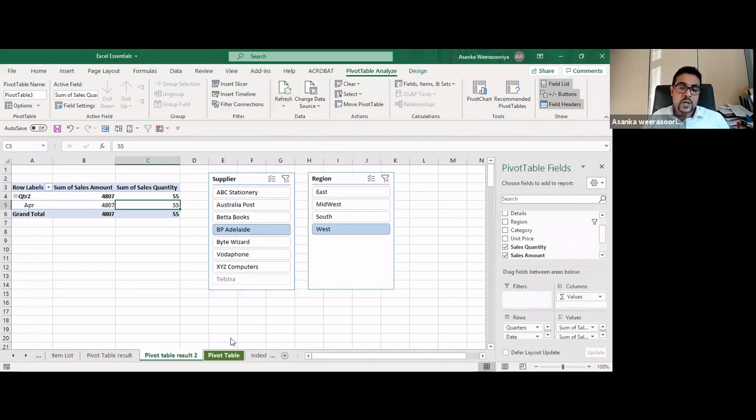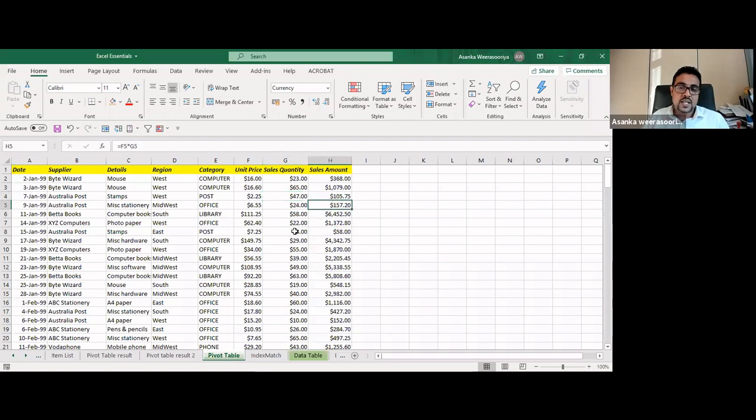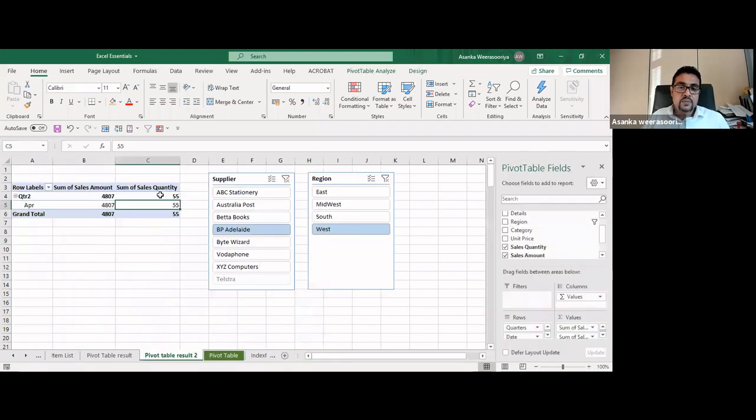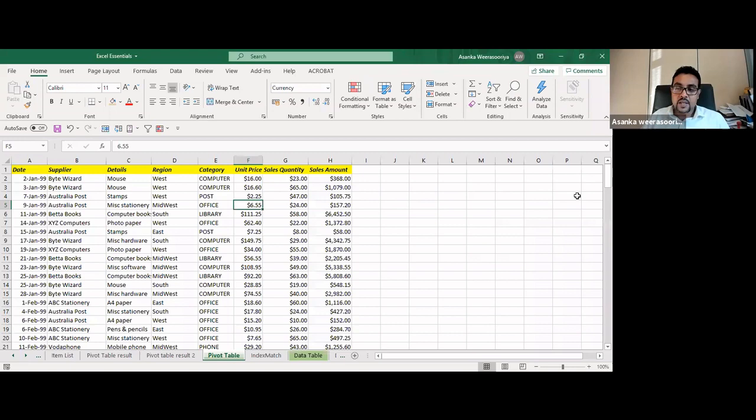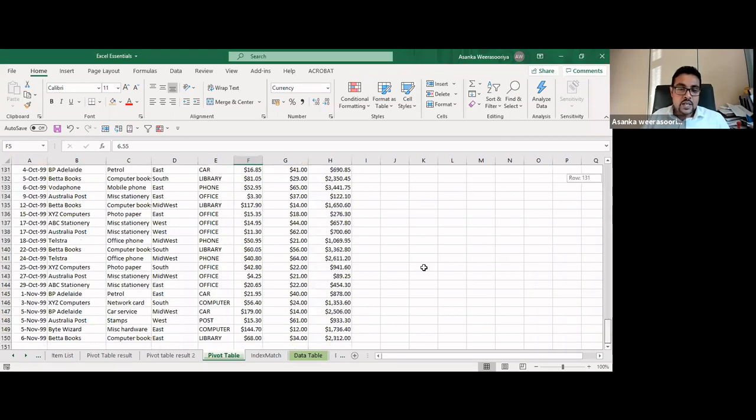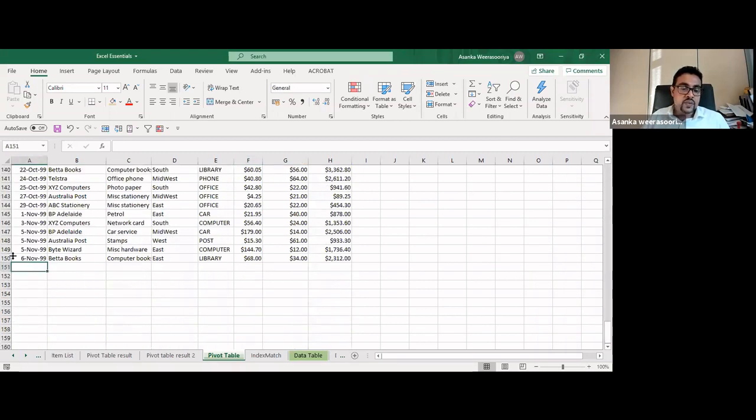That means if you make any changes in your original master data set, because you referred to this data set to prepare the pivot table, you need to select your pivot table and refresh it. It's better to refresh all. But if you add some new records to this table, after this 150 records,